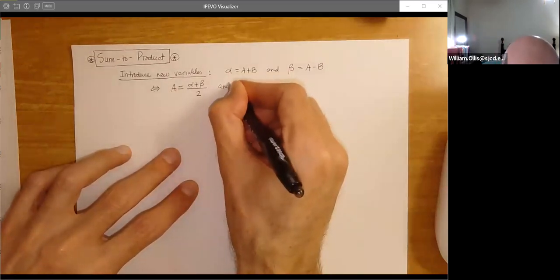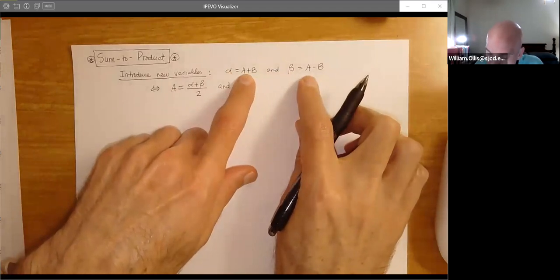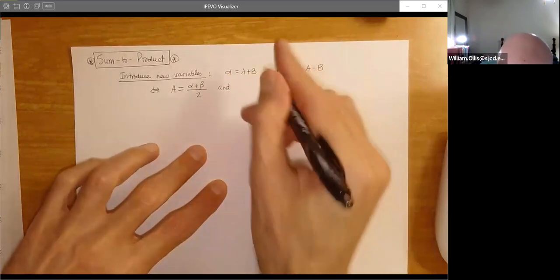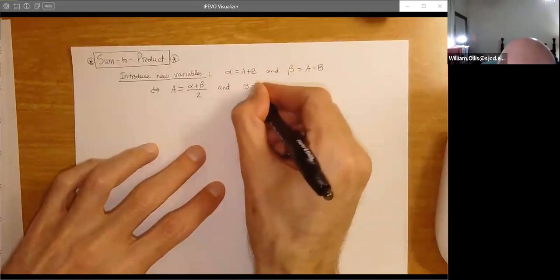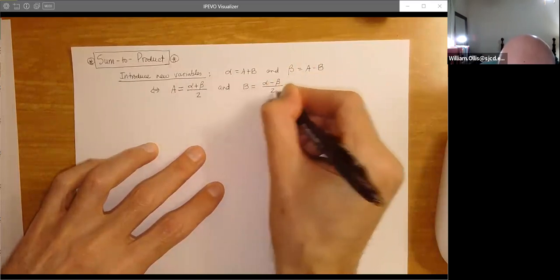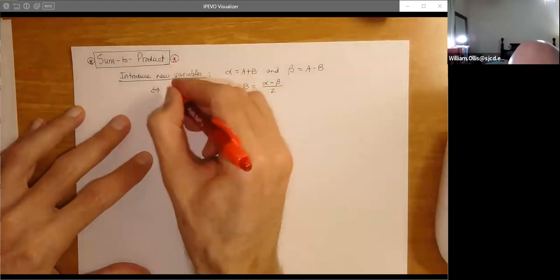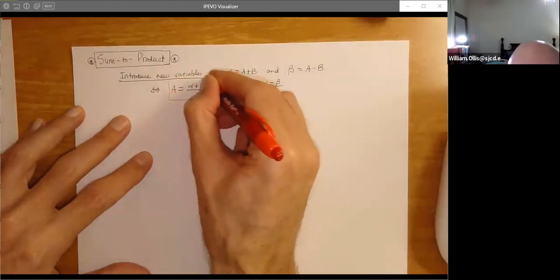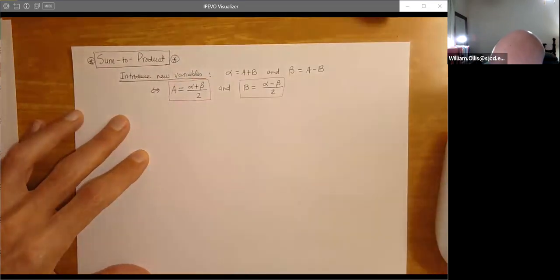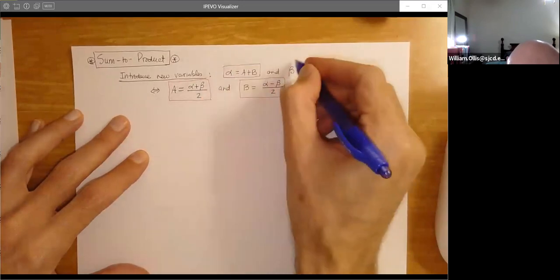And here you're thinking, well, how can we get rid of the A's? Well, we can just subtract alpha and beta, and that gives us 2 copies of B. So B will be alpha minus beta divided by 2. So you're thinking, wow, okay, this was supposed to make everything easier. Well, it's doable. We've got all these new variables, and we're just going to take our previous formulas and fill them in.